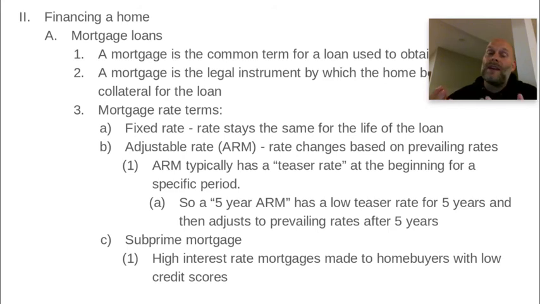If there's a chance you're not going to pay it, they're going to charge you as much as they can up front and get as much of that money back in the short term as they can. And of course, the loan is collateralized or secured by the actual house. So they're going to get your high interest payments, and then they're also going to get the house if you don't pay it back. So keep that in mind. But a subprime mortgage was a huge factor in the mortgage crisis that happened around 2008, 2010. And again, I'd love to talk more about it, but I've got bigger fish to fry.